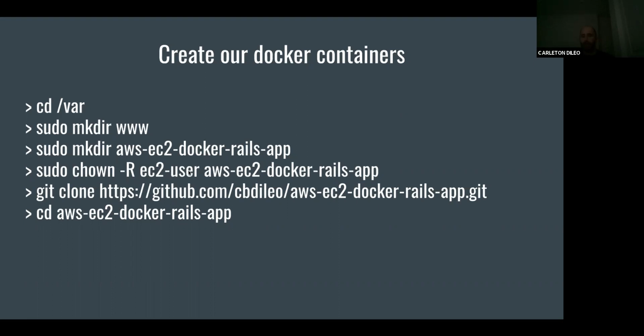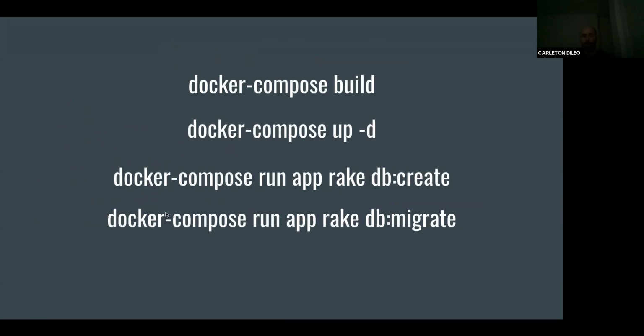This EC2 user, when you create an EC2 instance using the Amazon AMIs and log into a system over SSH, you are under the EC2 user. It's not usually very clear, so it's very helpful to know that when trying to figure out who do I give access to what. So finally, we clone the Git repo, we change directory into the Rails app, and we